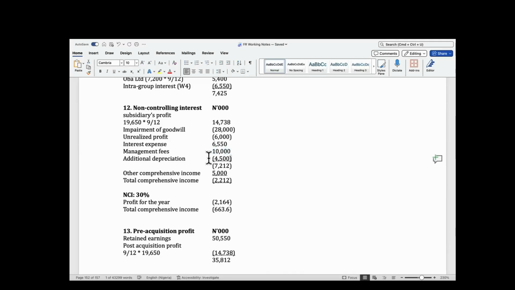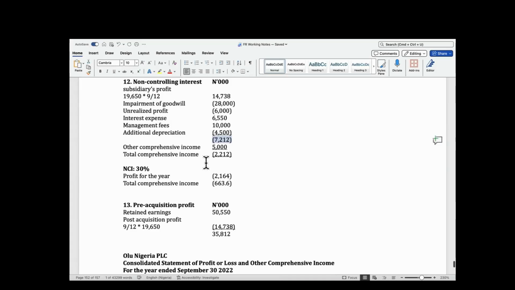Also, the additional depreciation is his own asset. So the depreciation will have impacted his expense, his profit. So I deducted it also. Now, this profit, after all the adjustment, is now this 7212. So this is the adjusted profit. Now, having determined that,